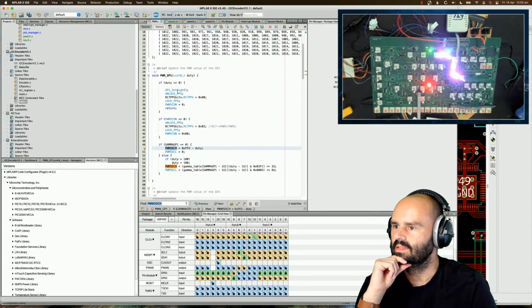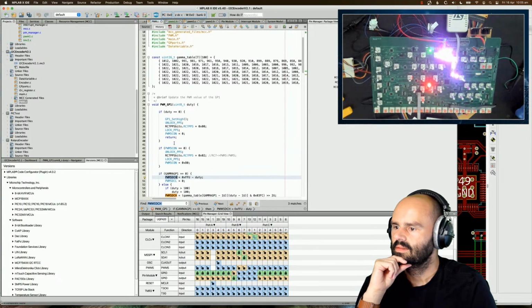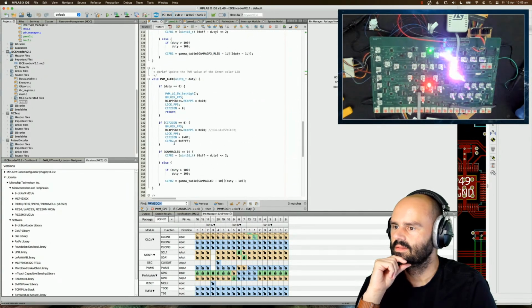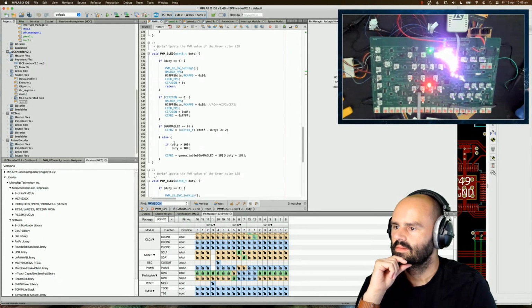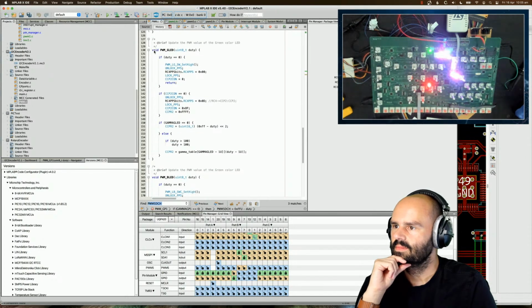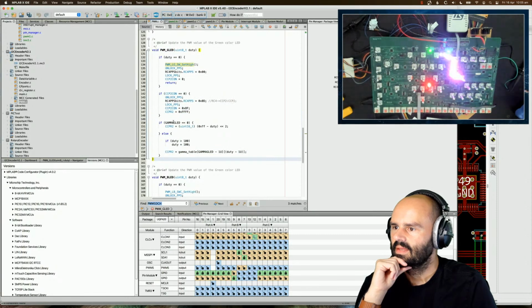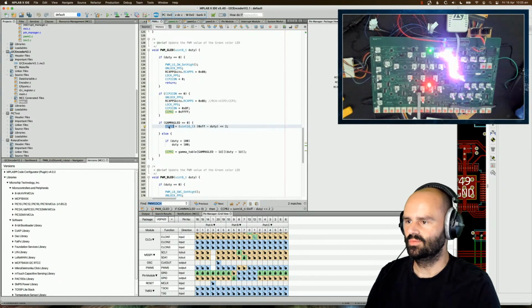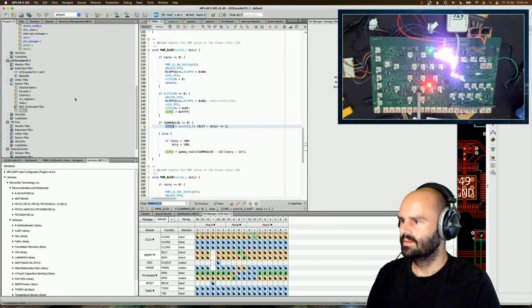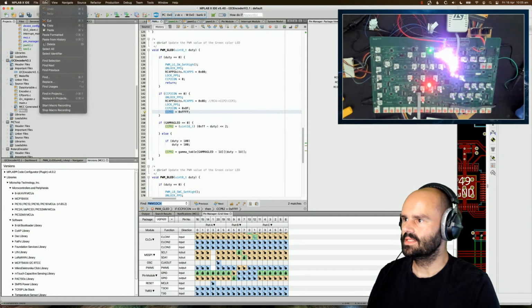PWM GP1. No, it's all touching. Pulse width modulation green LED. Update the pulse width modulation to the green LED. Yeah. And it does this by setting CCPR2. Right. And if we try and find where CCPR2 is,